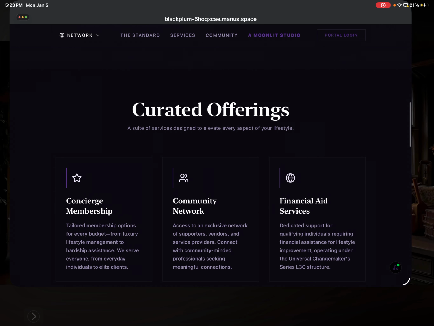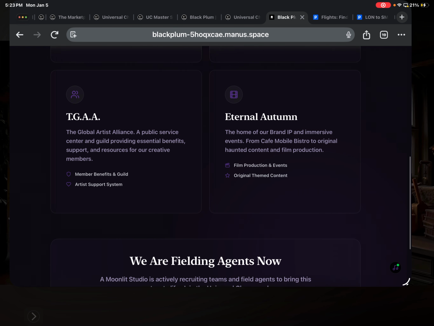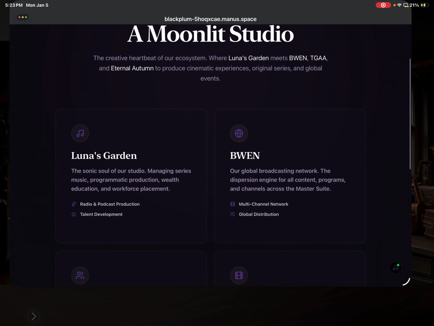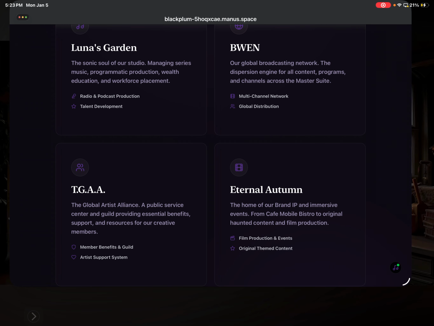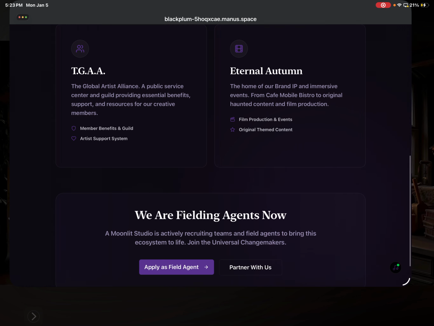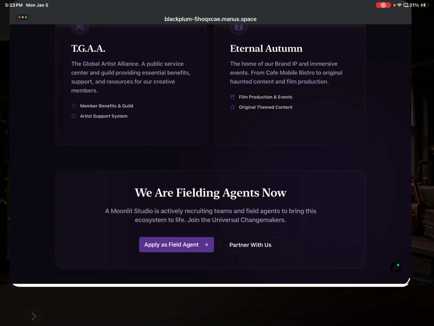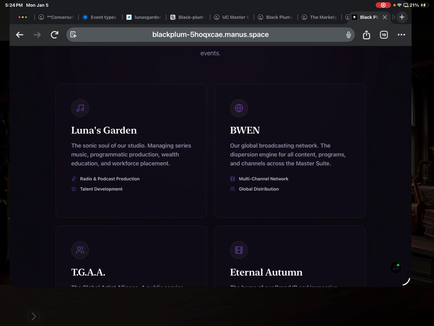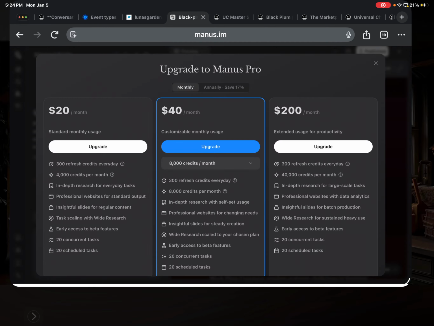However, when I go to click on the production side, it doesn't put the link here, so you can click on BWEN to learn more about it. It also didn't put in what the BWEN stands for. And I've caught quite a bit of this where it's using the acronyms but not doing the actual spell out. Then I go back into searching through Manus.